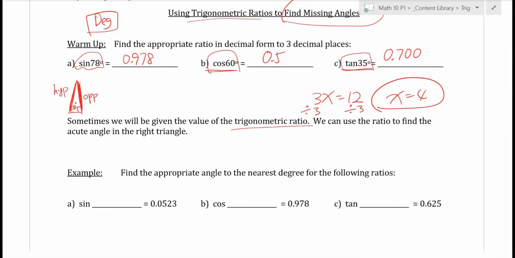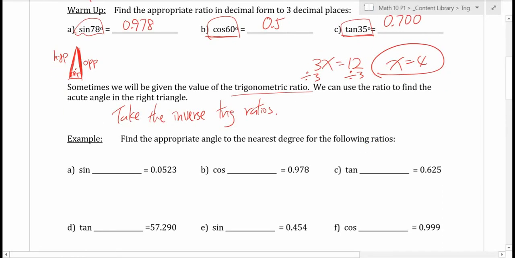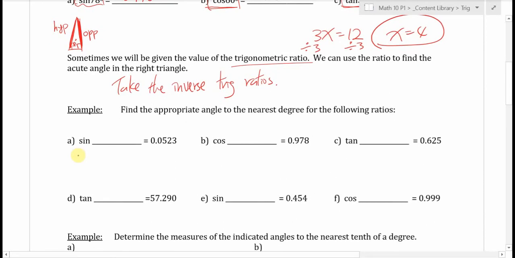So to find the angle given the ratio, instead of taking sine, cosine, and tangent, we are going to take the inverse trig ratios: inverse sine, inverse cosine, and inverse tangent, and so on. Okay, so I'll show you here. You can see clearly, I'll rewrite this as sine theta. Here's the angle theta. We don't know what it is, but we know the ratio between the opposite side and hypotenuse side is